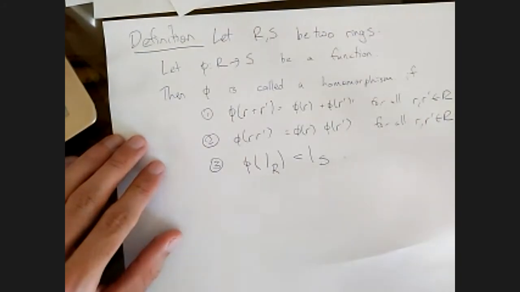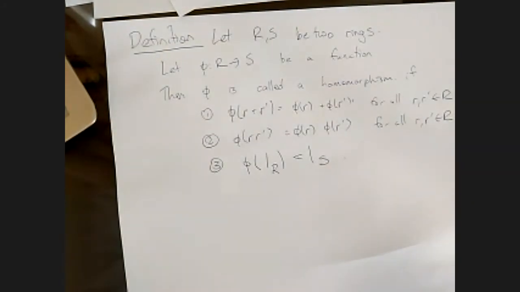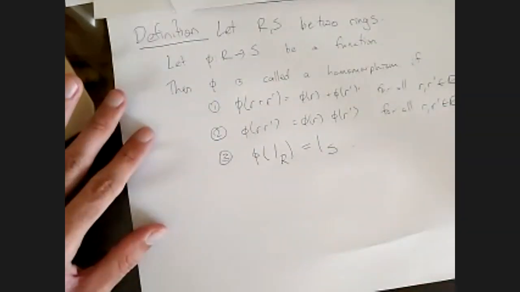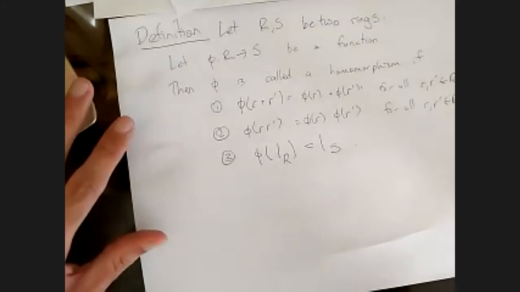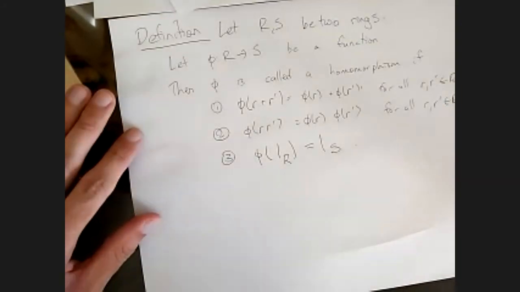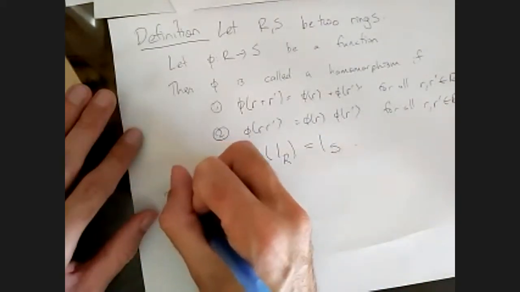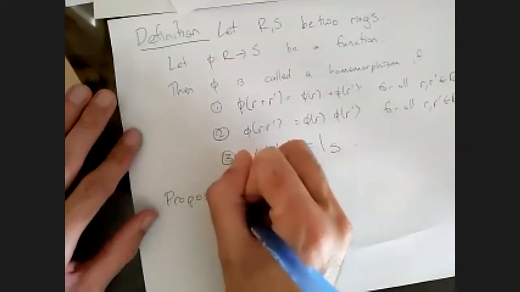And then the last thing I want to talk about today is the relationship between ideals and ring homomorphism. Okay, first of all, whenever we have an ideal, we get a ring homomorphism. So, proposition,